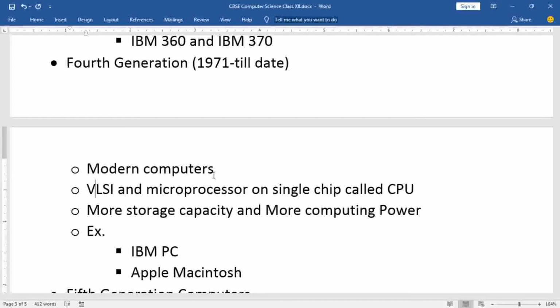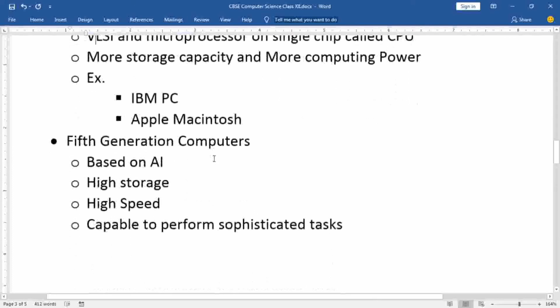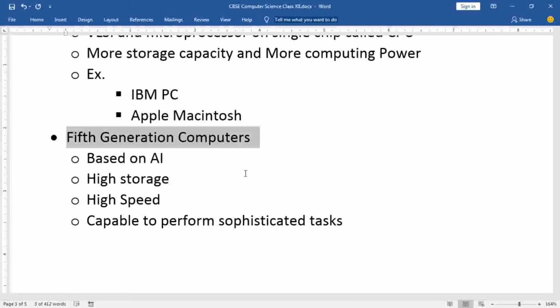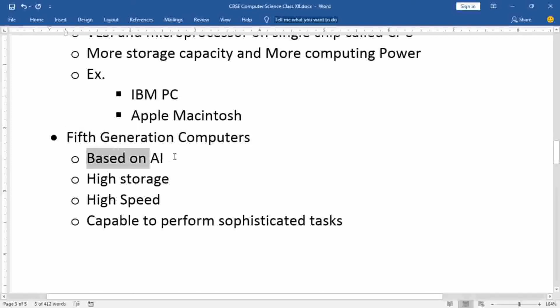After that, the next part is fifth generation computers. As people are thinking, I heard, or you also have heard, that computers can think. So they are making such systems based on artificial intelligence, which provide output or decisions based on our input, as we do, like a human being. They can think like human beings. So these are the fifth generation computers.